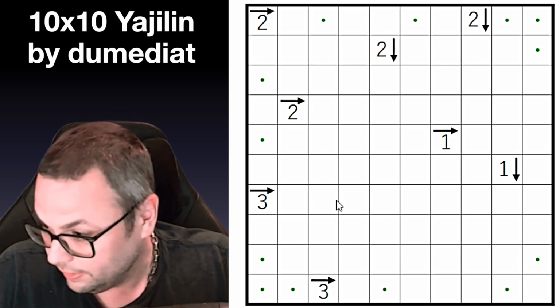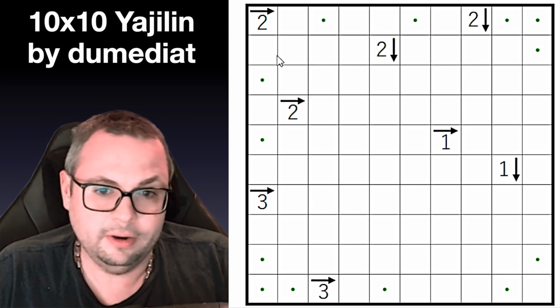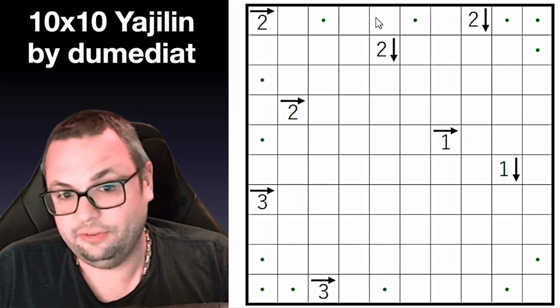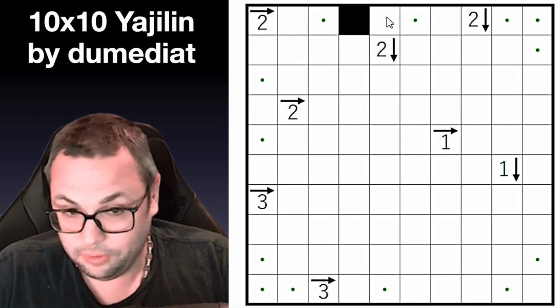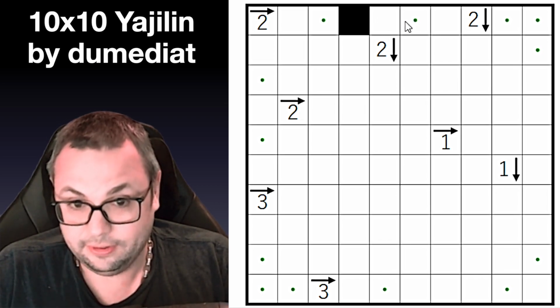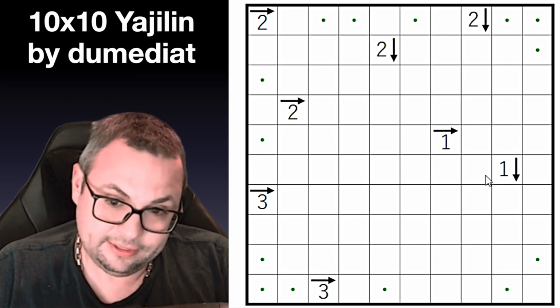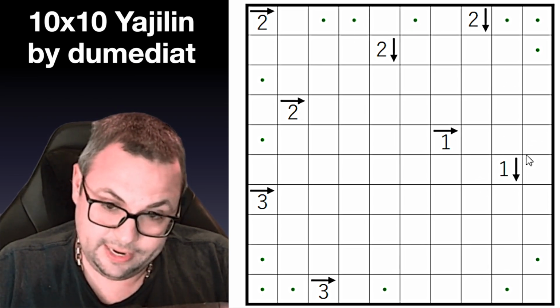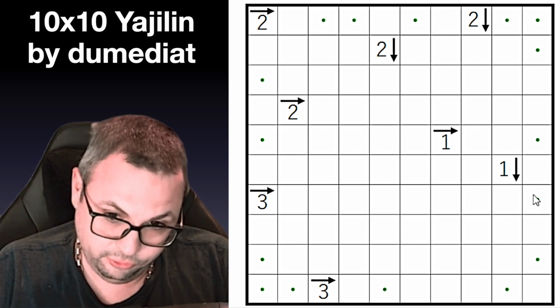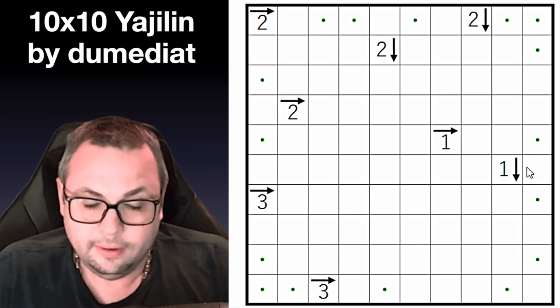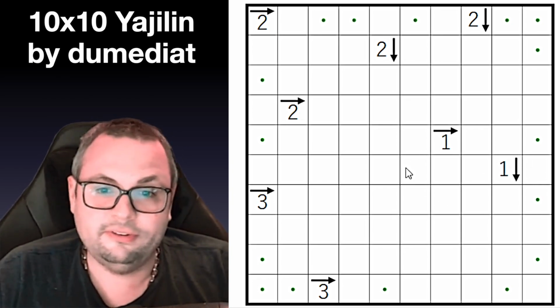a few more that you can spot if you want. So for example, here, if I shade this cell, it actually creates a dead end here now. That has to do that, and it can't. So that's not that. And this one here, if you look at that, those two would do the same thing. They would create a dead end in this cell. Okay, and you can actually do the same thing